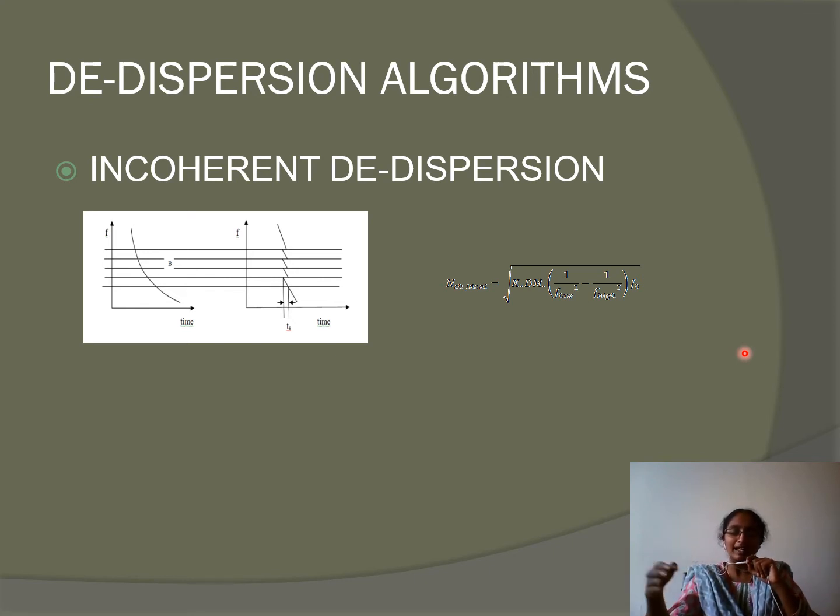Means there is a time delay in respect to the signals based on their frequencies. Now what do I do? I will just align them together. Whoever came first, let them stay there. Whoever came late, I will make them stand behind the person who has come earlier. So you can just check this diagram, whatever I am showing.